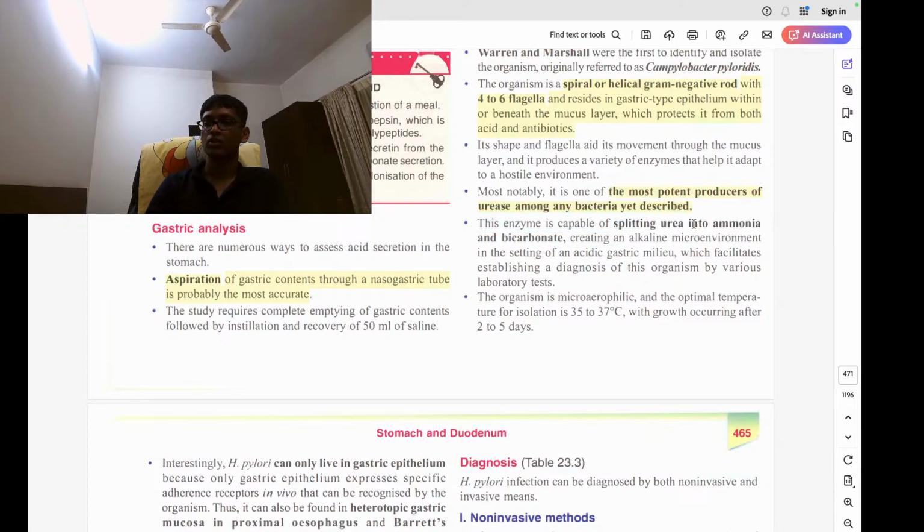The enzyme is capable of splitting urea into ammonia and carbon dioxide, creating an alkaline microenvironment. This alkaline